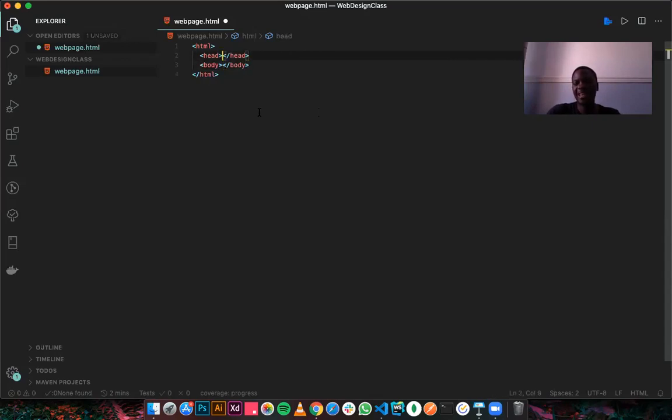Now, the head element contains, and don't mind the spaces. You can space your code anyhow you want to. Your text editor does not take spaces into cognizance, so you can put in as many spaces or indents as you want to.